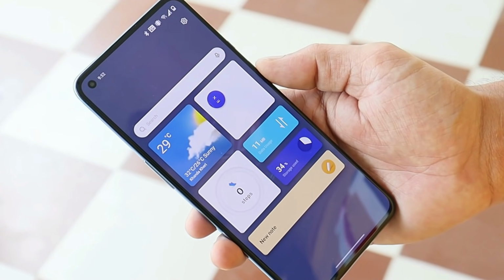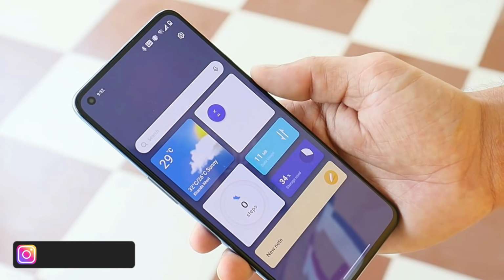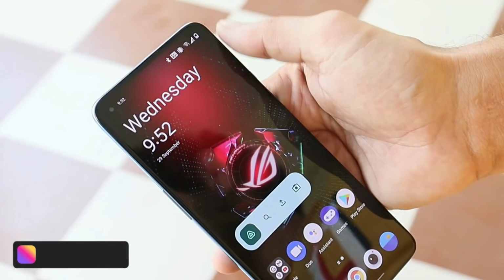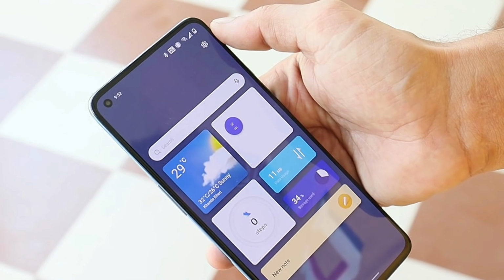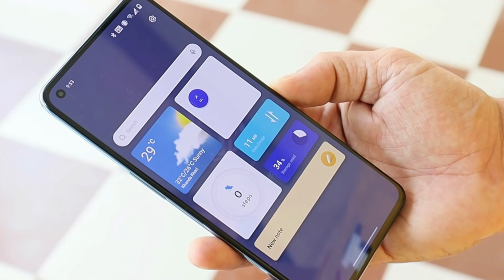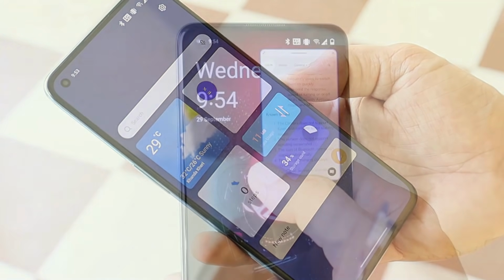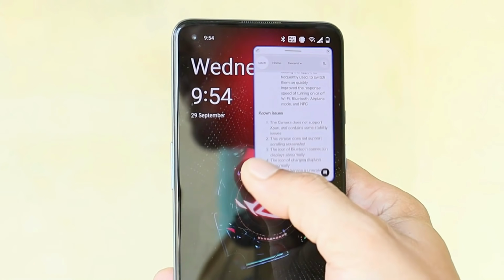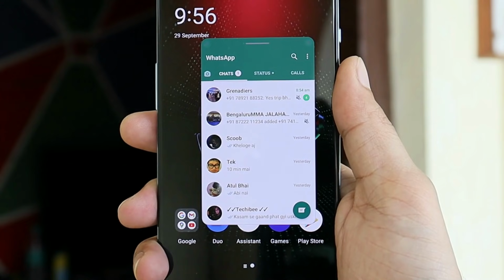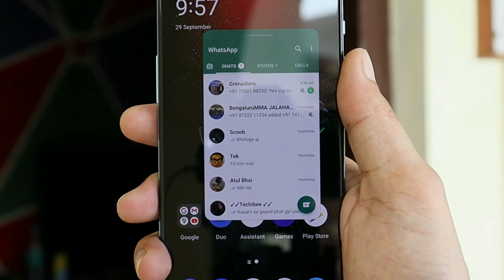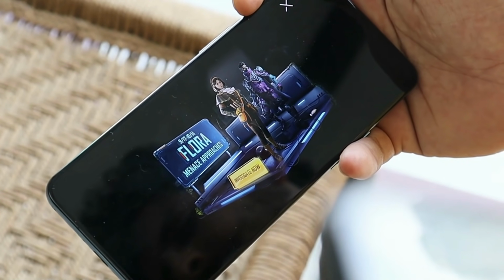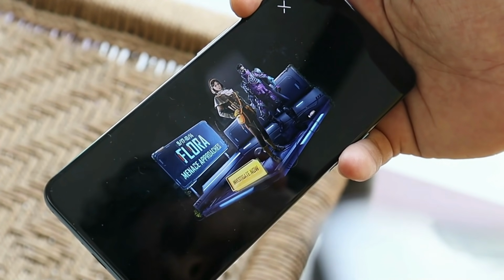OnePlus also added this new shelf with updated widgets that show the key information of apps and instant access to applications. This can be triggered by swiping down from the right top corner. Here they have also optimized the page layout and the presentation of text color to make key information stand out. Later we also get to see this new floating windows option on Android 12 DP2. This feature works for most of the messaging applications, and in future we might also get to see support for more apps.